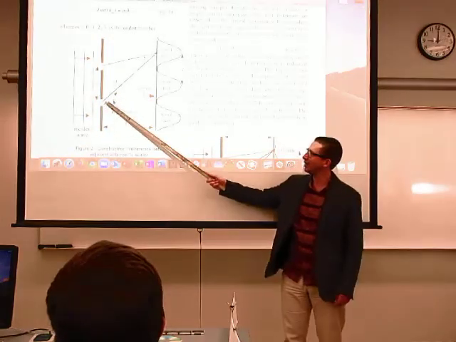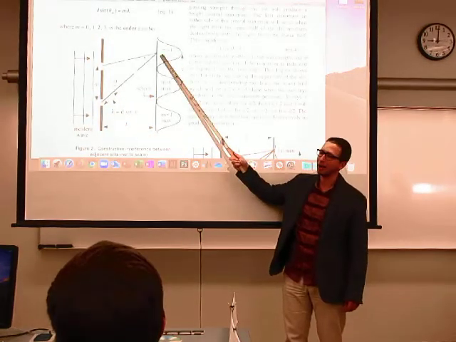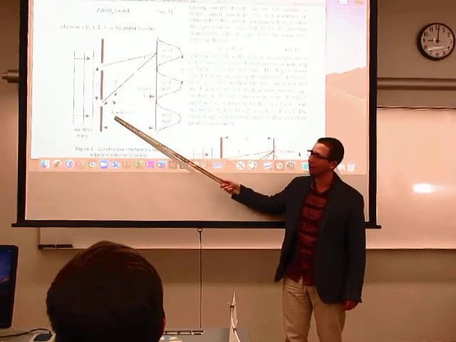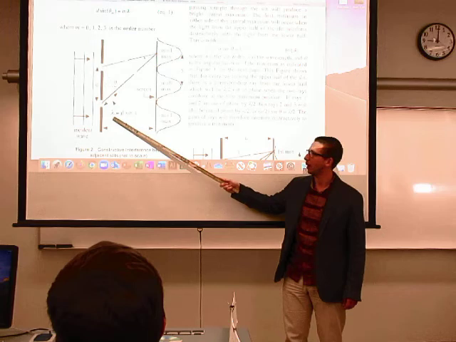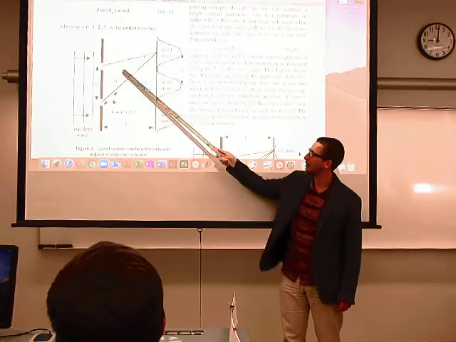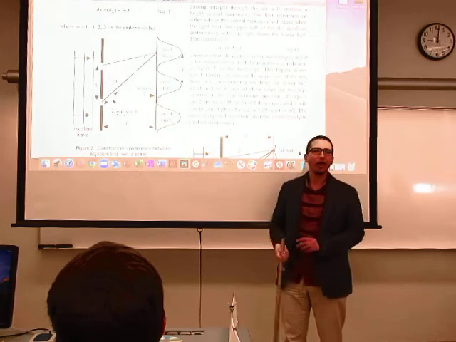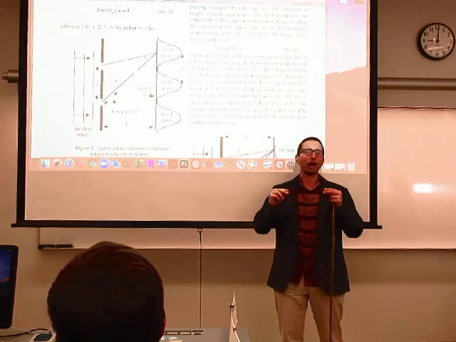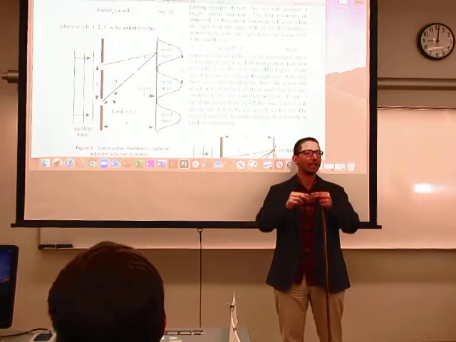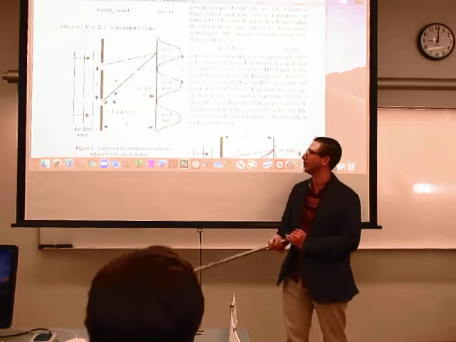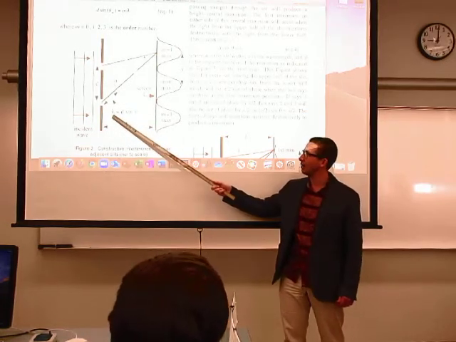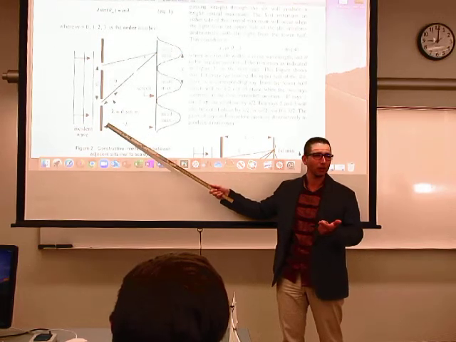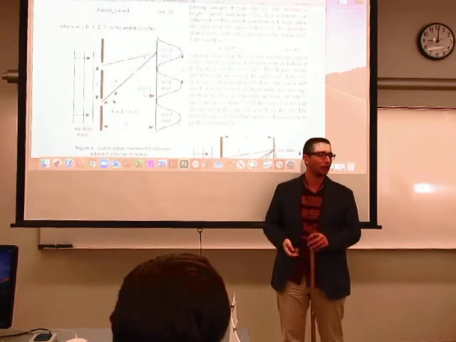So what that means is this one is a little bit farther away from that point. If this wave has to travel exactly a wavelength more than this one right here, then they're going to line up, right? And you're going to get two crests arriving at that point in space at the exact same time. You're going to get constructive interference. Now, not only one wavelength, but any integer multiple of wavelengths will give you a